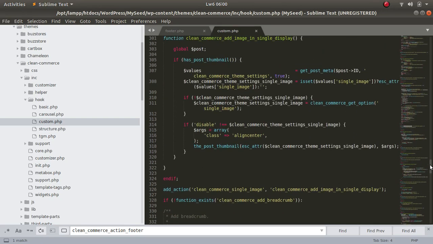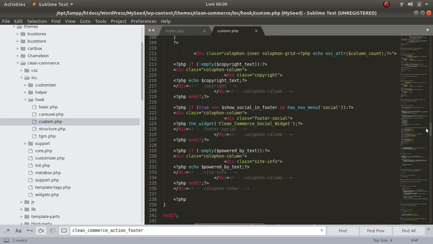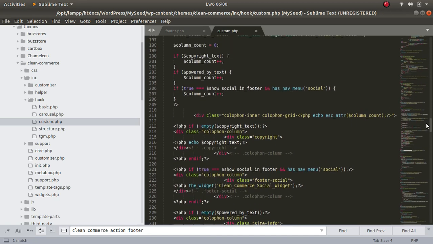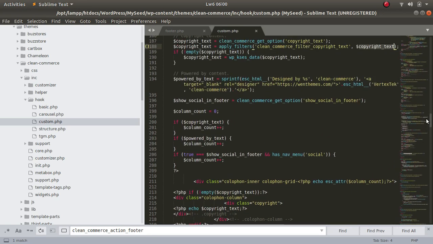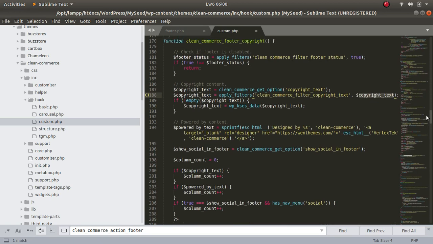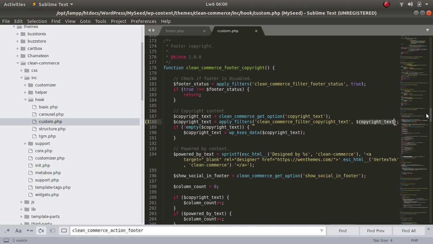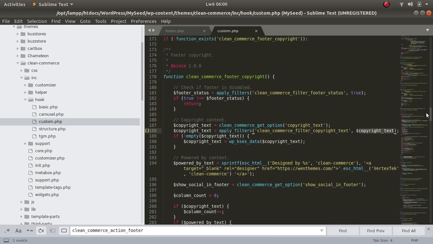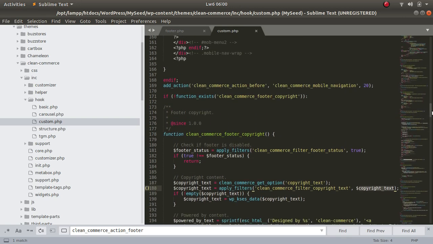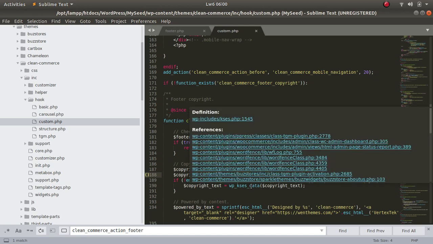Okay, what's going on? Copyright text should be in here. Okay, now what you have to do is one, you see copyright text is being populated from this function.